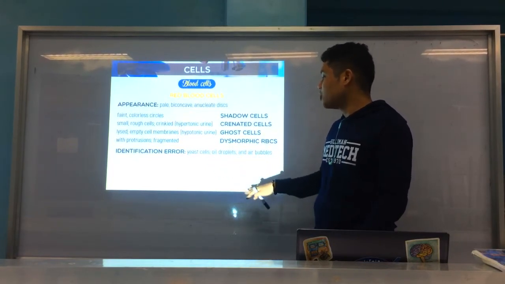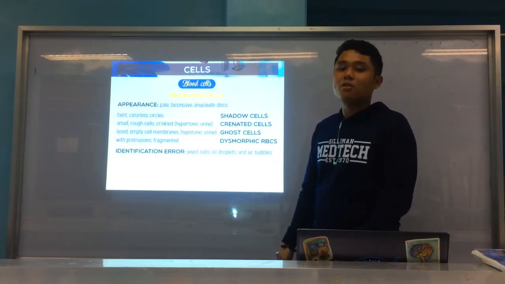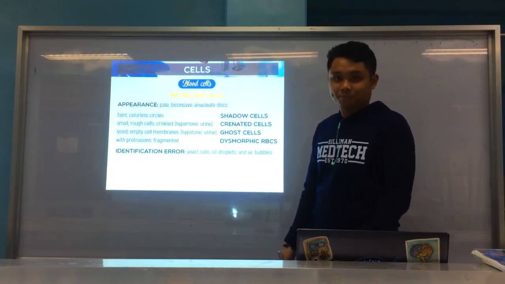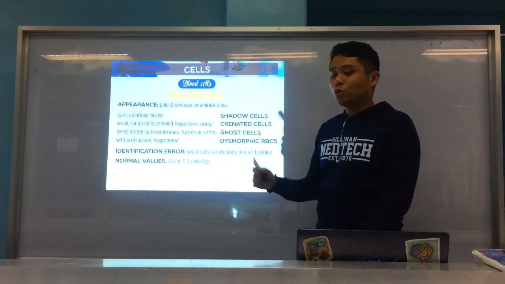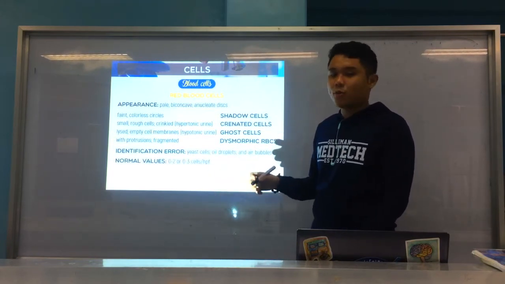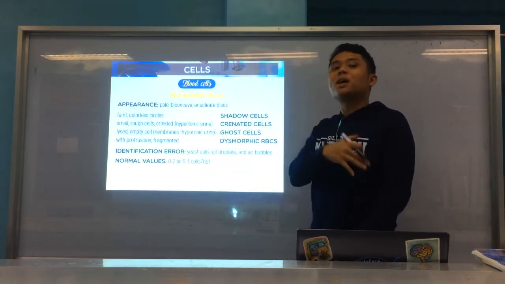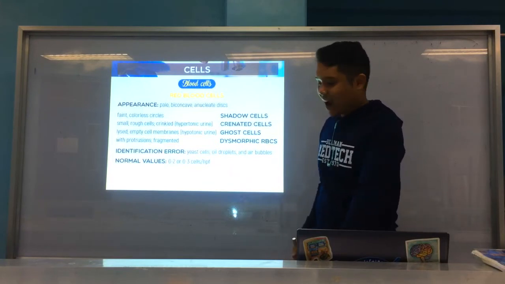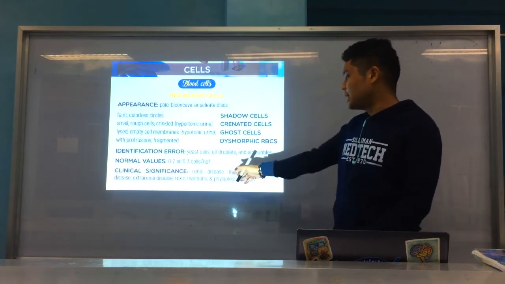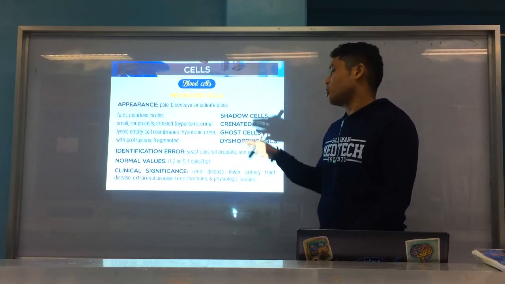According to Strasinger, RBCs are the most difficult to identify or recognize by a student in the laboratory. Okay? Normal values are about 0 to 2 or 0 to 3 cells per HPF. We will have a summary in the reporting at the later part of our presentation, so don't worry, I have some mnemonics. And clinical significances, of course: renal disease, lower urinary tract disease, physiologic causes, and extra-renal